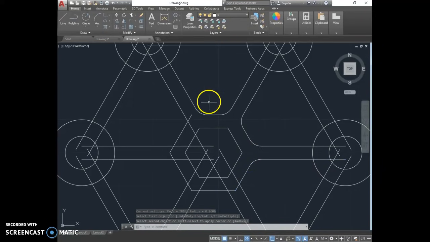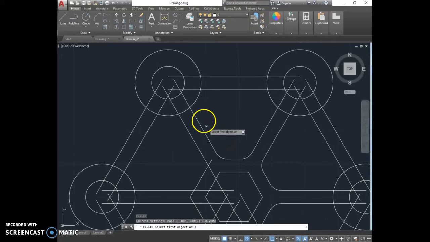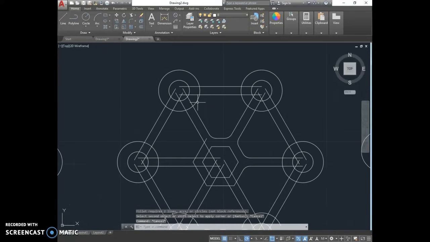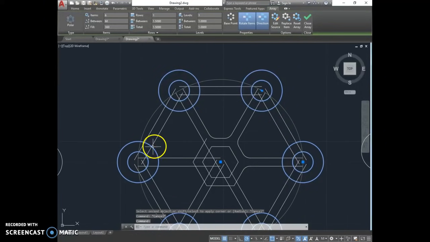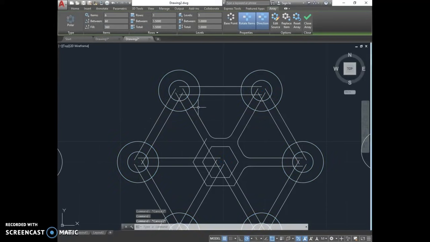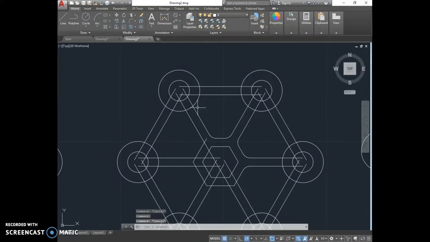Okay? Then, moving on, I'm going to come up here to the top, and I'm going to fillet from here to here. Now, when you go to fillet there to there, it gives you a little error. It can't fillet it. Well, the reason why it can't fillet it is, if you don't remember, you probably, like I did, arrayed these around. And since those are arrayed around, that is one object. You can't fillet an array. So once again, you have to use explode, and explode those circles apart,